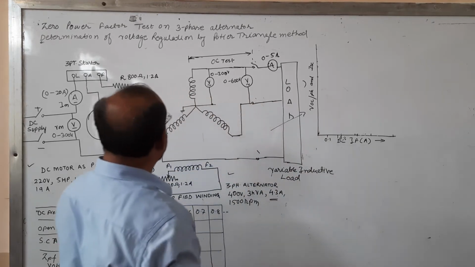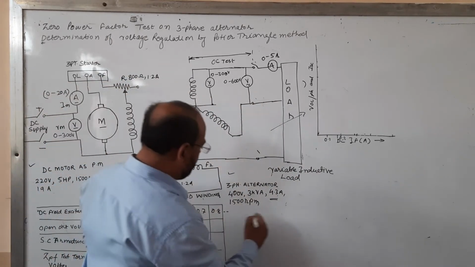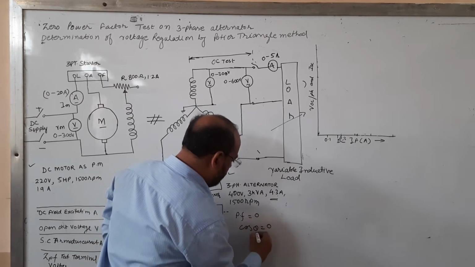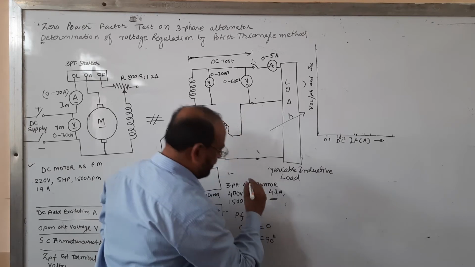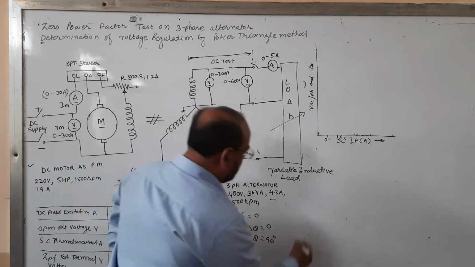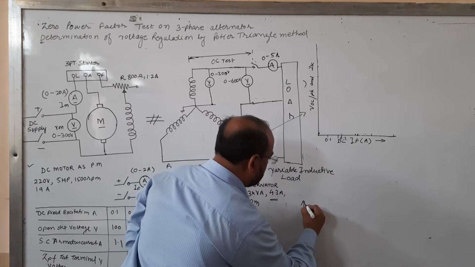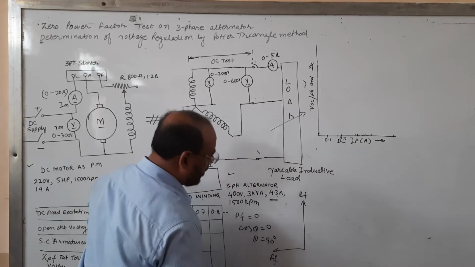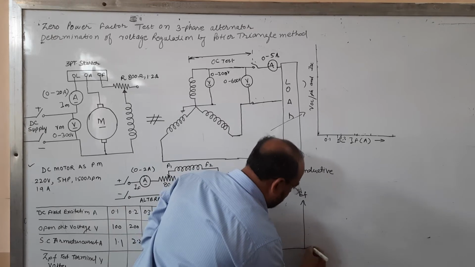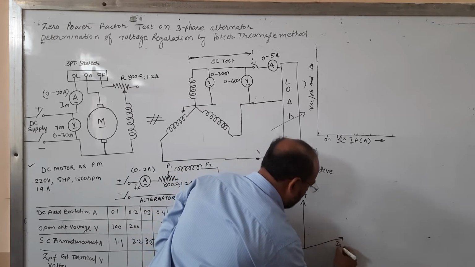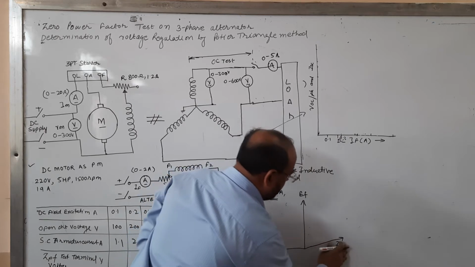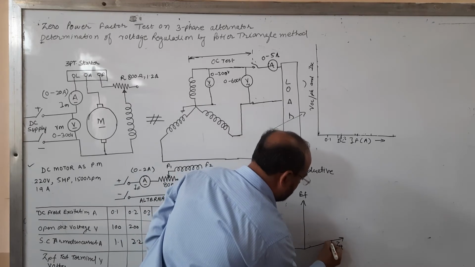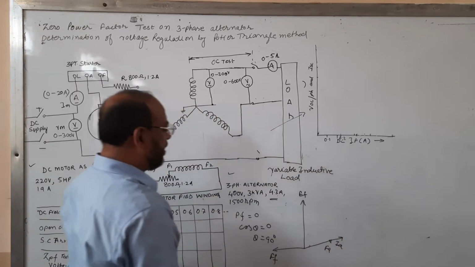To obtain the power factor 0, that is cos theta equal to 0, only when theta is equal to 90. So the current is lagging. Say this is the excitation voltage EF. This is the exciting MMF, field MMF. So the current is nearly lagging. Short circuit current ISC, the armature current, is lagging nearly 90 degrees, and hence it produces the armature MMF FA, which is quite opposite to this one.